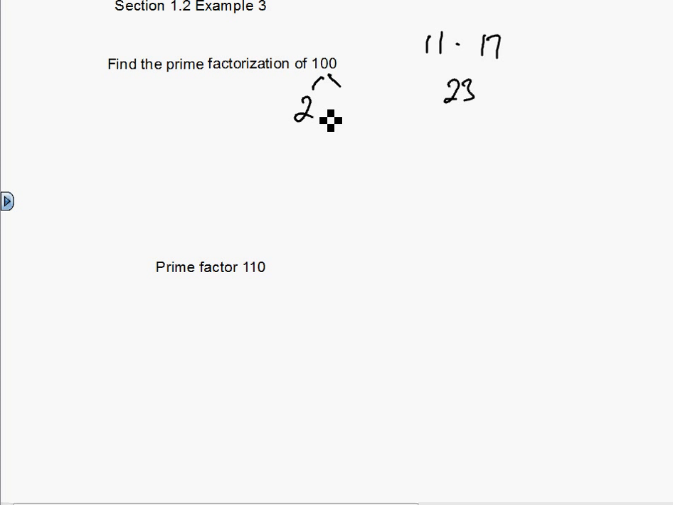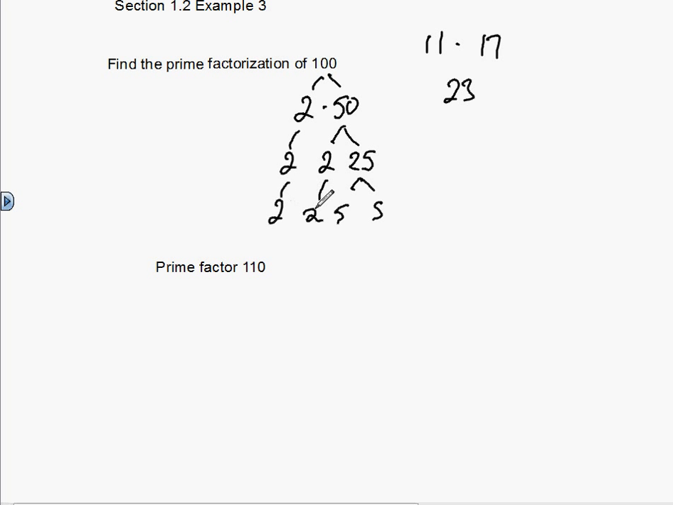50. So looking at it as 2 times 50, we could say, well, the 2 can't be broken down, but the 50 can be broken down again as being 2 times 25. So looking at it now as 2 times 2 times 25. Well, 25 is still not prime because we know 25 is 5 times 5. So bringing down the 2 and 2, and now I'm left with 5 and 5. So prime factoring 100 is a list of